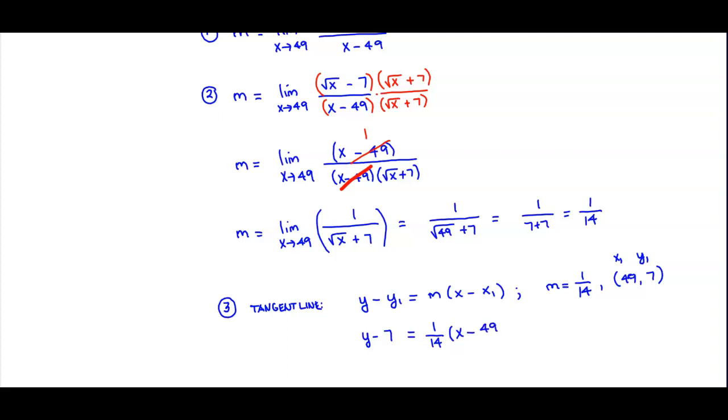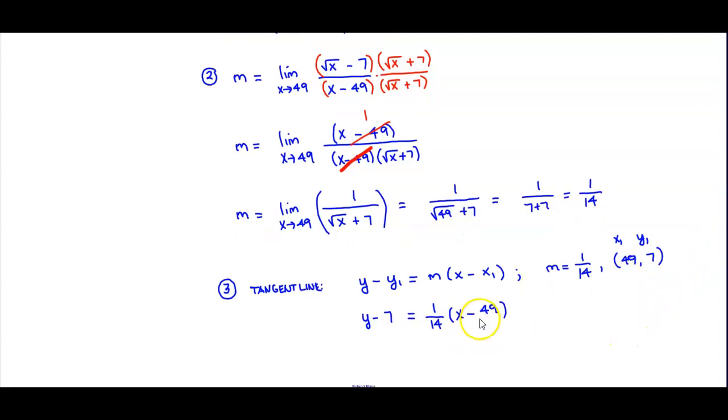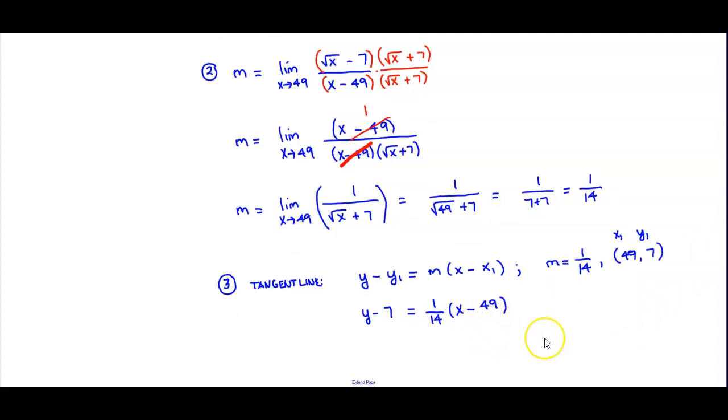And let me put there, that should be 49 there. Okay, so now we're going to go ahead and distribute the 1 over 14. So we have y minus 7, which is equal to 1 over 14x